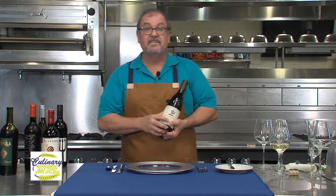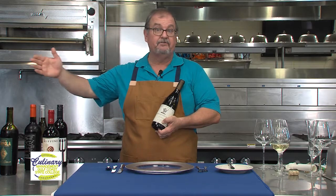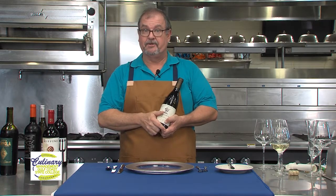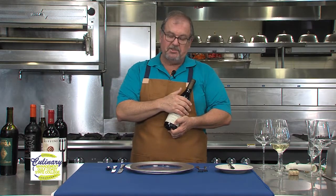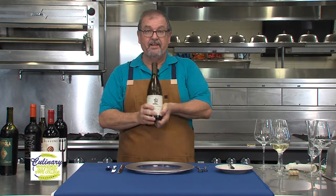So on the scale of white wines, we get up into the Chardonnay, and this is on the opposite end of the scale from the Riesling that I talked about in the last episode. This is a much more complex set of flavors. And something like this